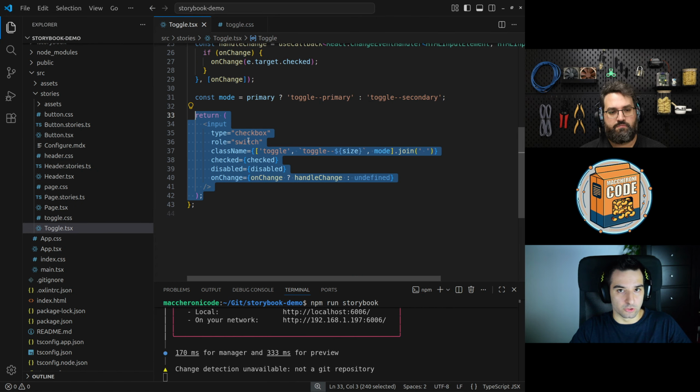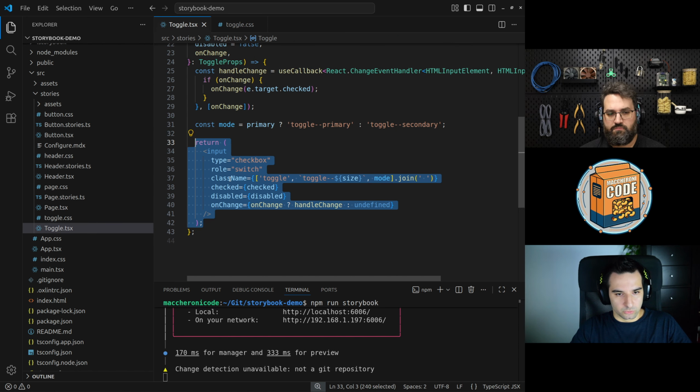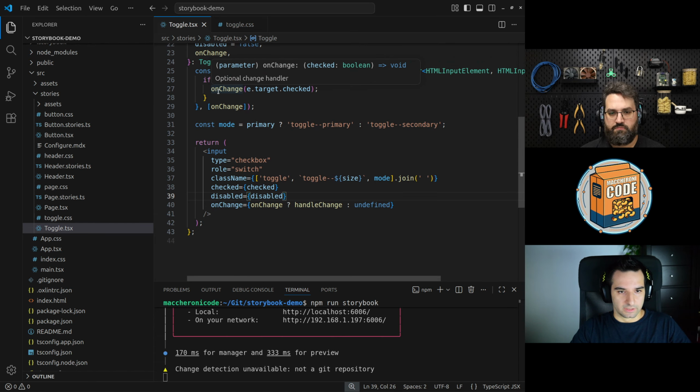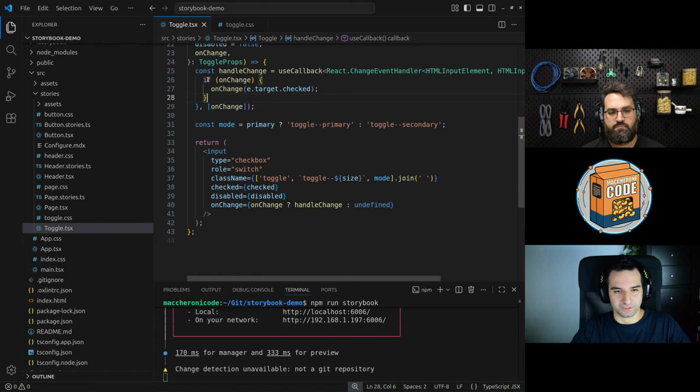We use a simple checkbox styled as a toggle with a role switch, with a class name that is based on our CSS, and you have the checked state, the disabled state, and the onChange that we pass only if the onChange is set, because otherwise probably you go to call this handler and then you do nothing because you have nothing to do.